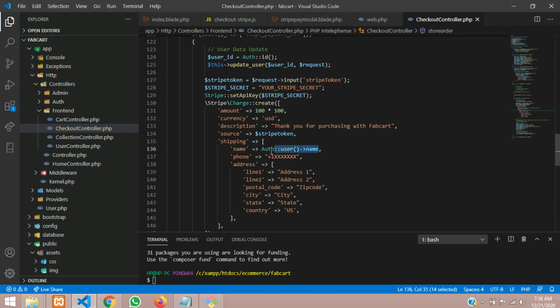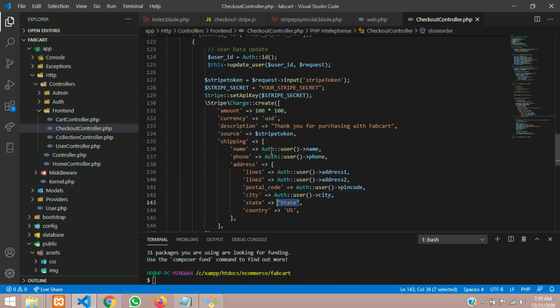The same thing we will copy for this also: our phone number, phone, phone, phone, and we have address 1, address 2, and then pin code. We have city also. If you have city, just include that city, or state,